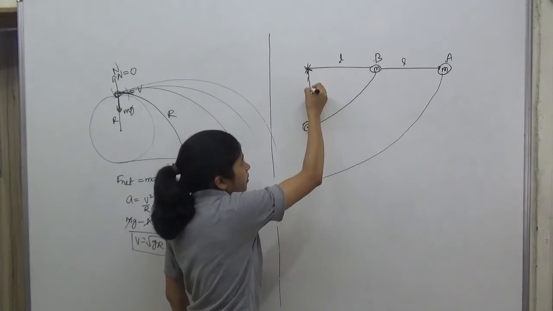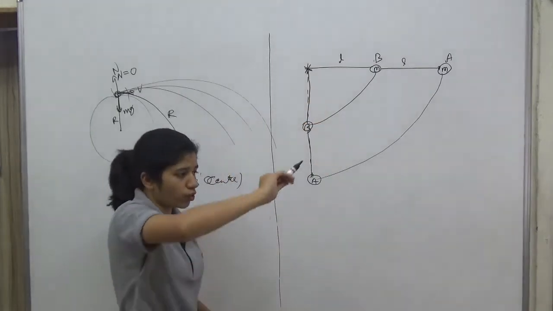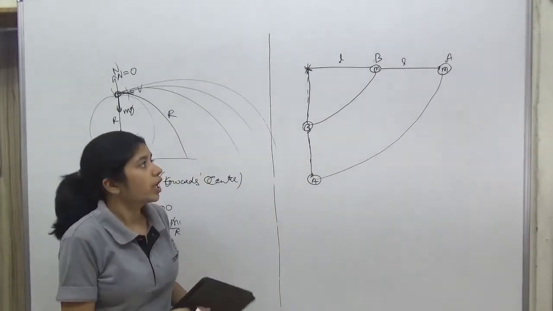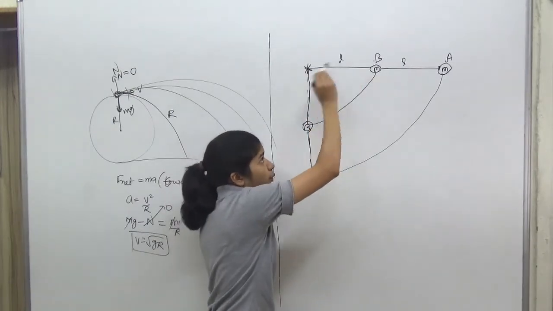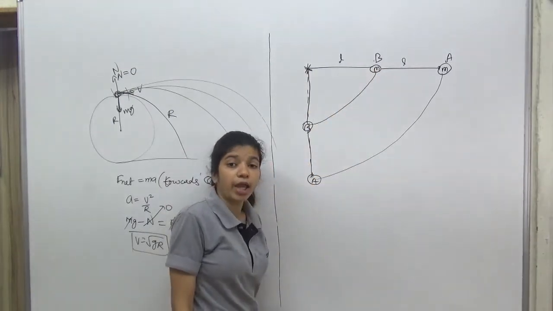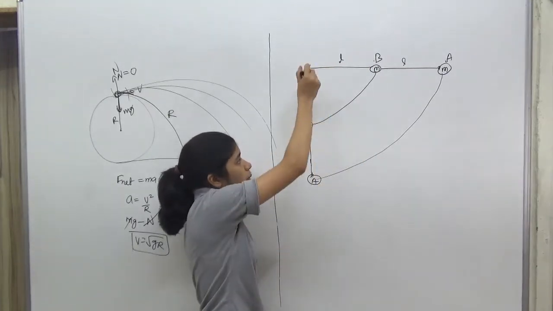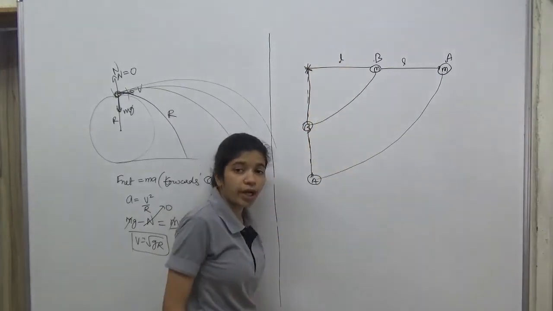So rod has become like this now and it will have some velocity. रॉड को ऐसे रिलीज किया तो ऐसे आएगा, ऐसे गिरेगा and it will have some velocity. Now what we can claim about this rod is that all the points on this rod will have same angular velocity. सबके सब same angular velocity से घूमेंगे. यहाँ पे अगर पहुंचे तो सारे पॉइंट का ओमेगा सेम होगा, it will be same.